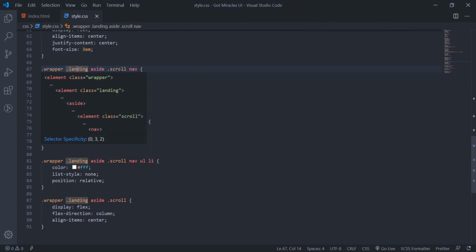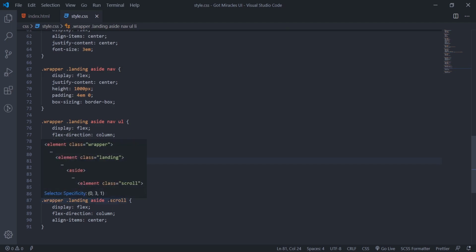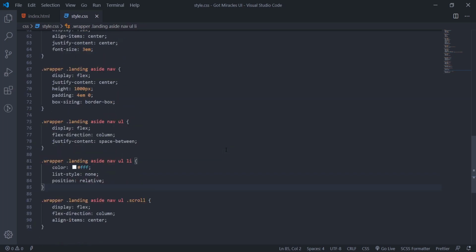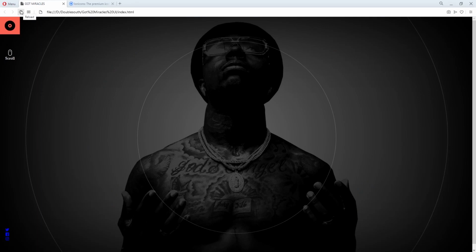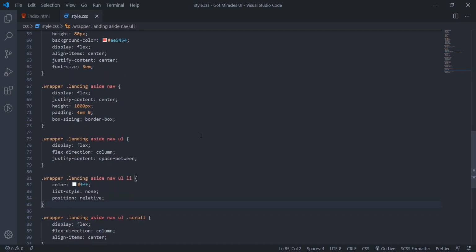Landing aside. We'll cancel this one, cancel this one. Cancel this. The one that controls the effects is aside nav UL LI. Then aside nav UL. Alright, I think we should be alright. Let me refresh. Alright. Sorry for that rubbish. Everybody makes mistakes, so it's normal. So anyhow,